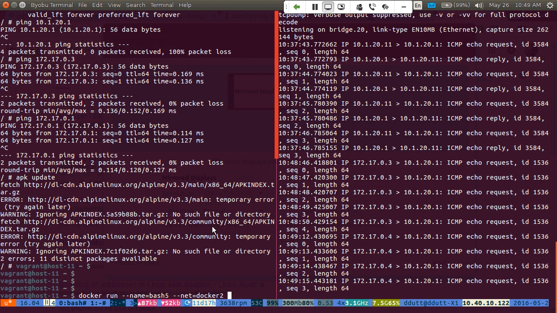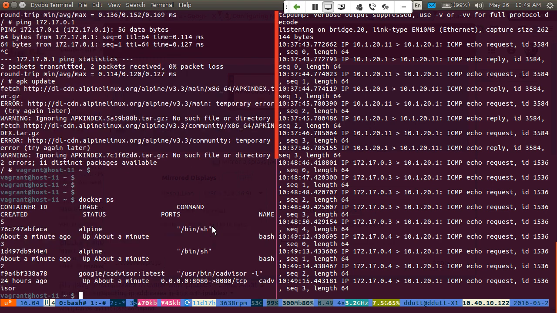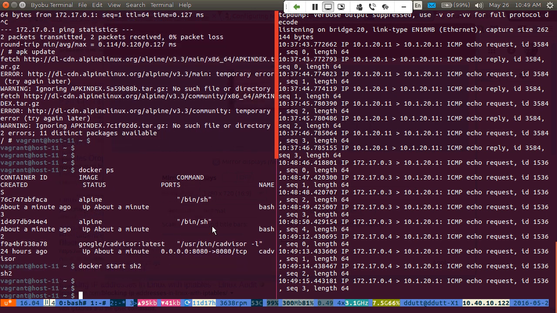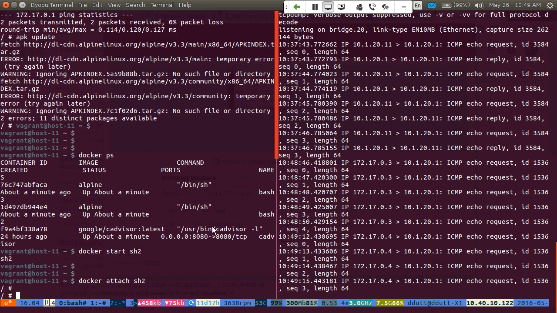No, that was already there. So docker ps. So I just have to go back and docker start, I think it was called sh2. Yeah. So can I connect with docker attach sh2? Yes. And what's running here?